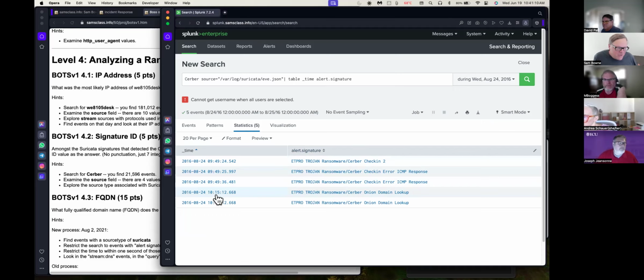And when it's done encrypting all the files, it now does an onion domain lookup to harvest the ransom note. That's what's going on. It encrypts your files, then it pops up a note saying, your files are encrypted, you have to send Bitcoin to this address to get them back. So we now know the time frame of it, and we know exactly when it loaded that ransom note. And this is going to be important